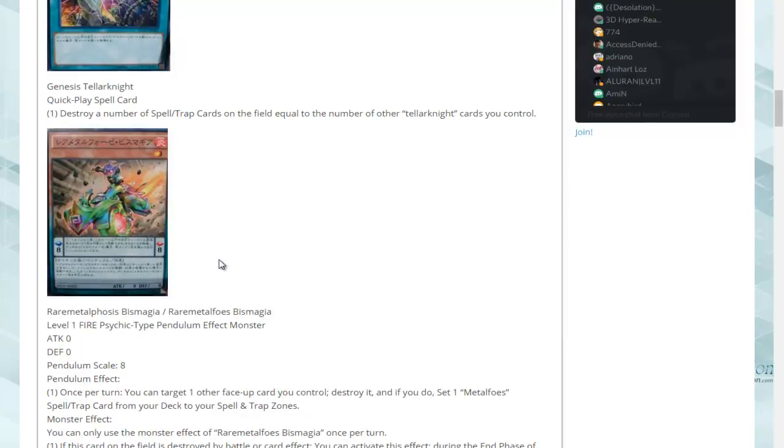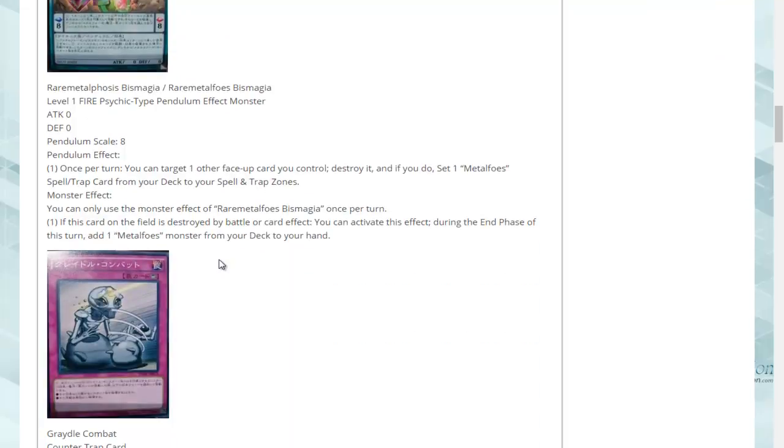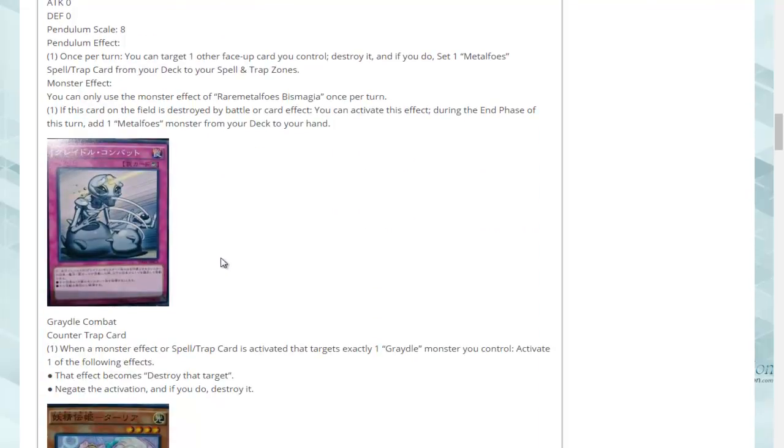New level 1 Pendulum for the Metalfoes. We have a counter trap card that will help with Gradle, the Gradle Slime and Gradle Slime Junior right there. Interestingly, when a monster effect or spell/trap card is activated that targets exactly one Gradle monster you control, you can activate one of 2 effects. Either you negate the activation and destroy it,